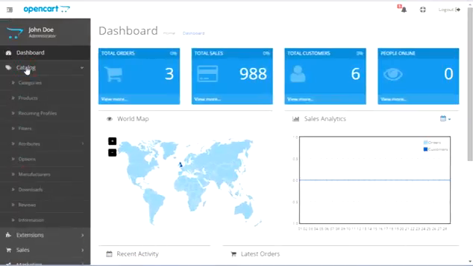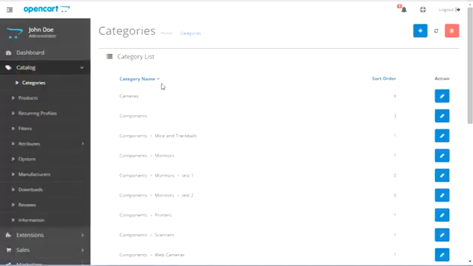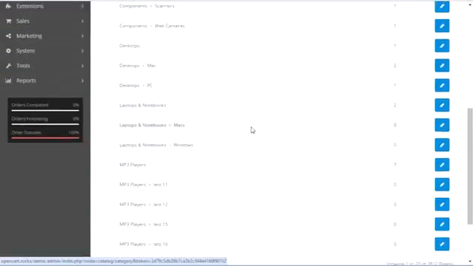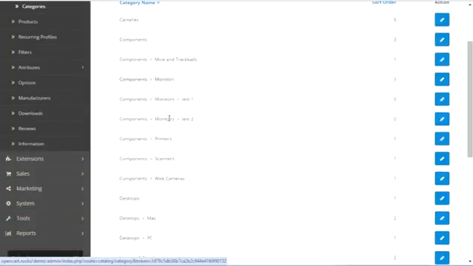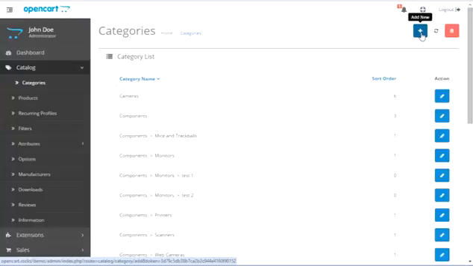Now, to add a product, you first need to have categories if you want to have it in a category. This is just a demo account here, and so it already has some categories that actually come standard with OpenCart when you first install it. For example, we've got cameras right here. To add a category is pretty simple. You just go up to the plus sign here,